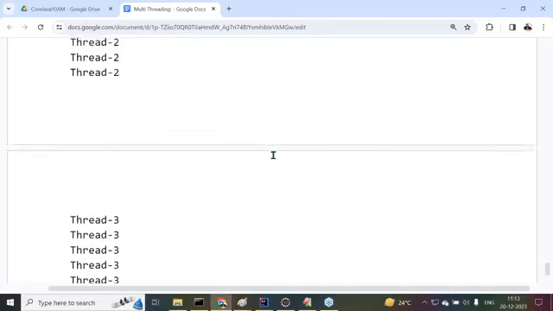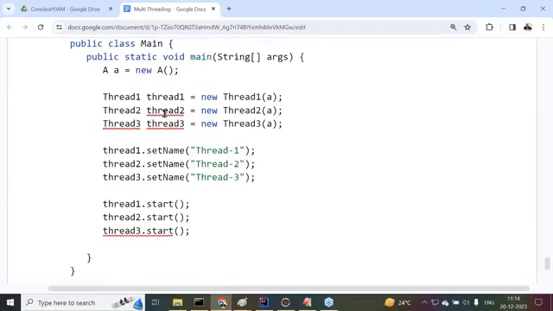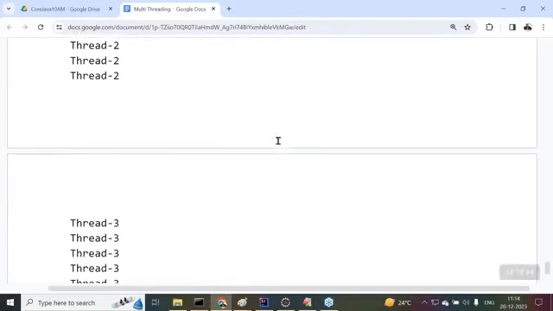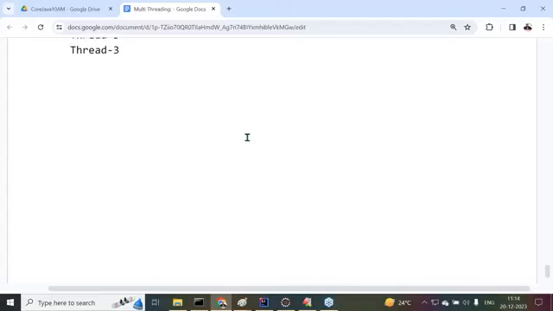So the total output we are getting, understand it clearly. Next, after completion of this program, now we need to go for synchronized blocks. There we have to go with synchronized blocks. Next one.